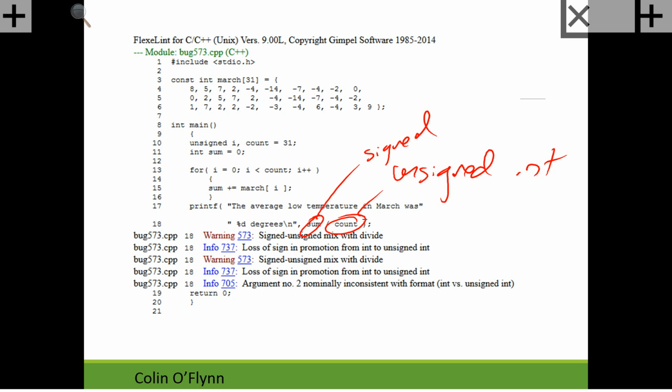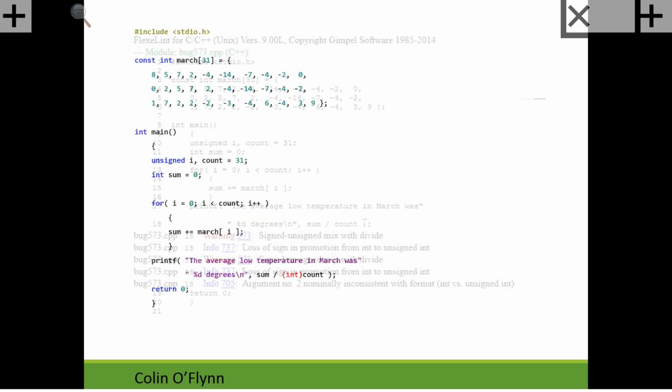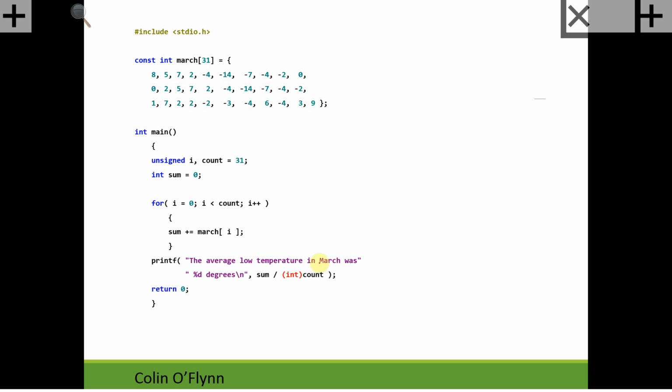So that seems fine when we wrote that, it makes sense, but it's telling us specifically, hey, this is not good because you're mixing signed and unsigned with divide, and what's going to happen is it's going to convert that negative number to a positive number in a way that you're not expecting. Basically, the compiler is just going to read the bits as if they were a positive number, and you get this huge number. So we can fix it just by adding in a cast, forcing that count to be